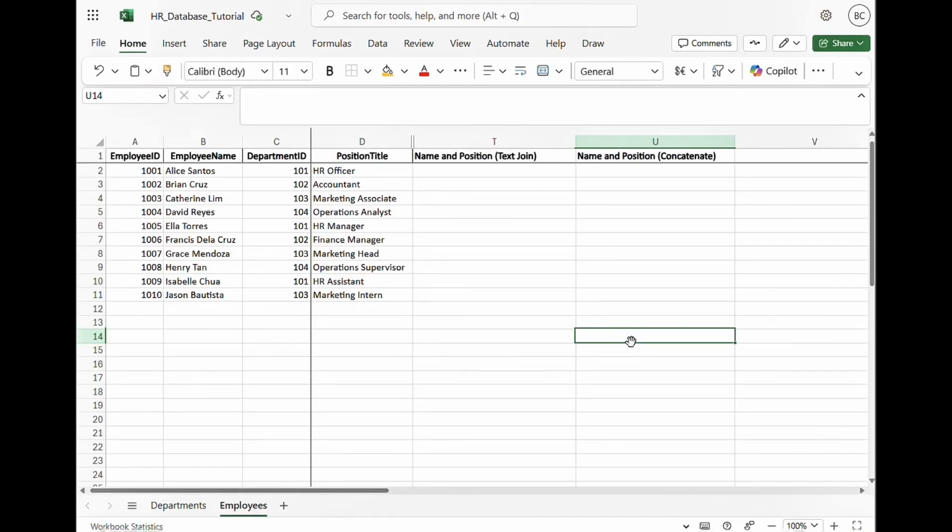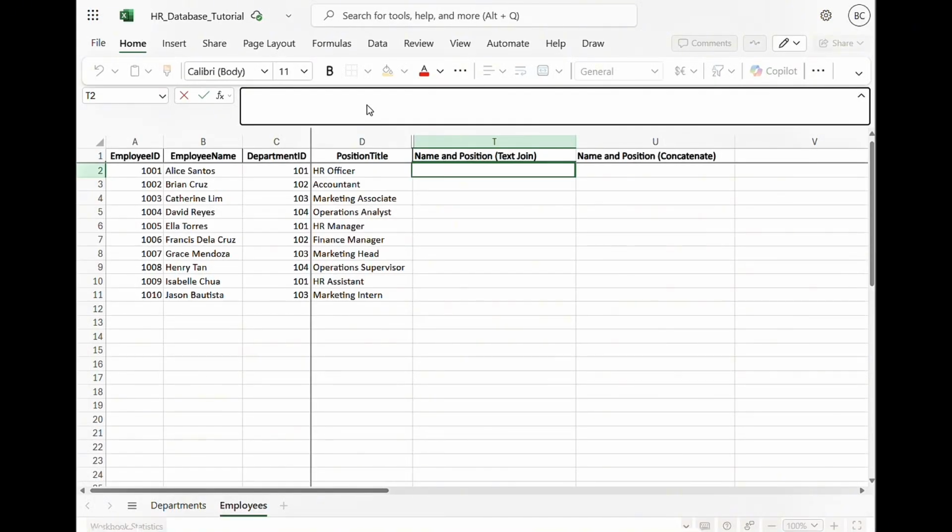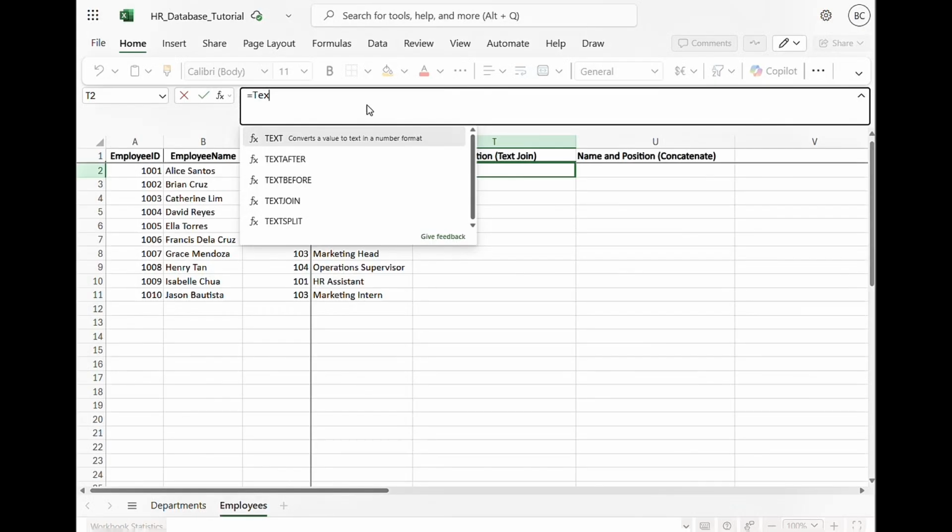This time, let's combine employee name and position title. So there are two ways to do that. First is using the TEXTJOIN formula, and the other is using the CONCATENATE. Let's start by using the TEXTJOIN formula. In T2, we will type equals TEXTJOIN formula